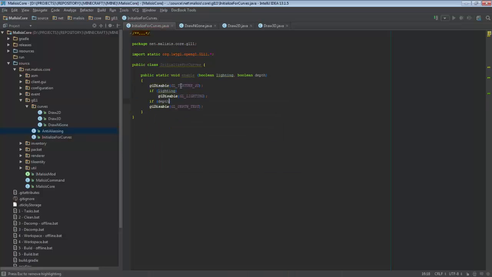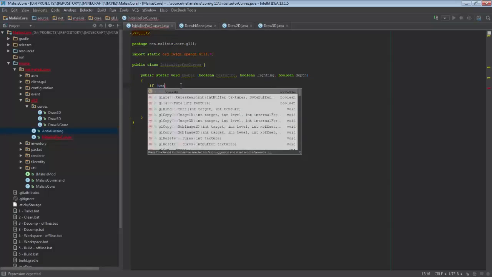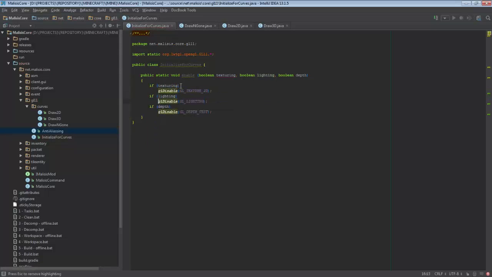So if we want to disable the light, if we want to disable the depth, and of course I will add another boolean and I will call it texturing, and I will say if texturing, then we disable the texturing,